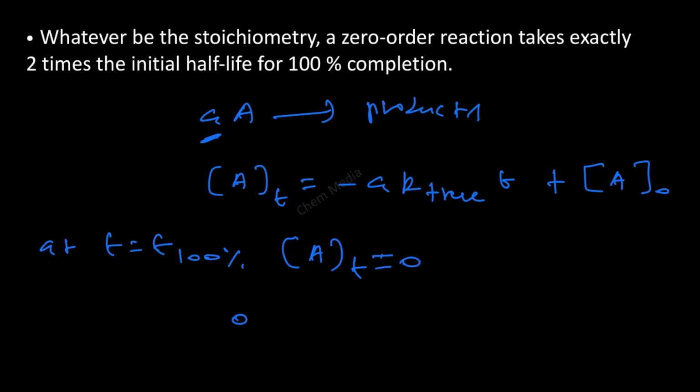So therefore 0 is equal to minus A times K true times T completion plus initial concentration, which means T completion is equal to initial concentration divided by A times K true. To find the initial half-life, let us set the final concentration to half of its starting value. So therefore,